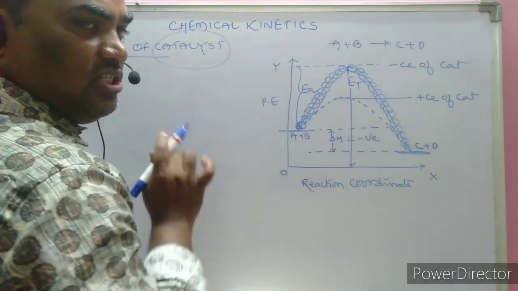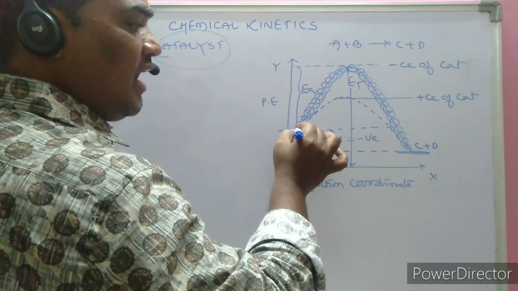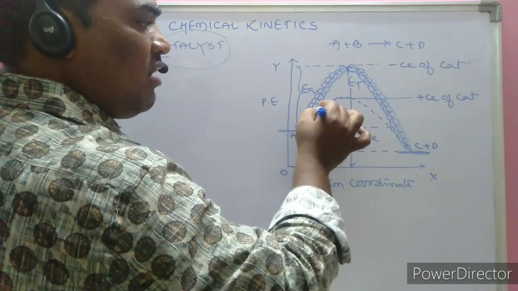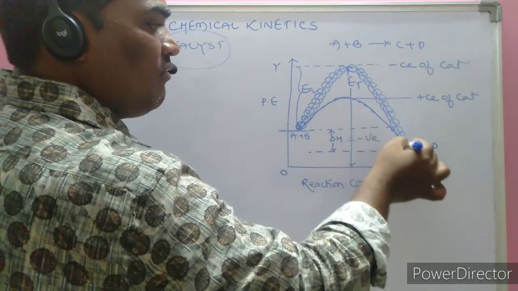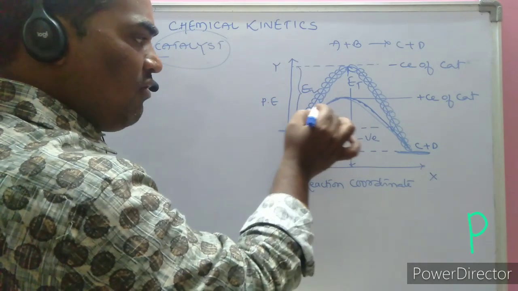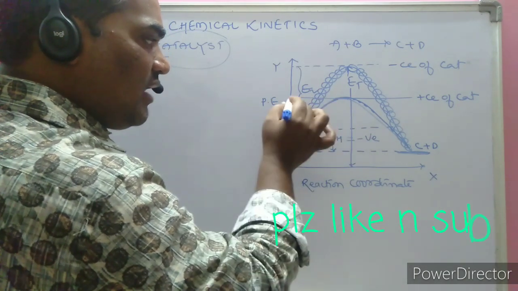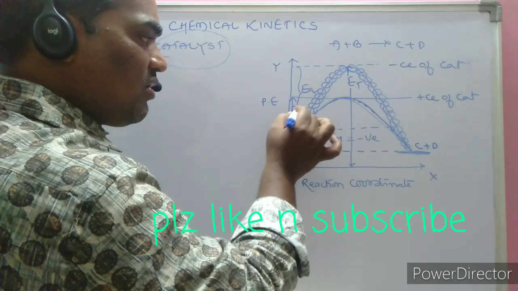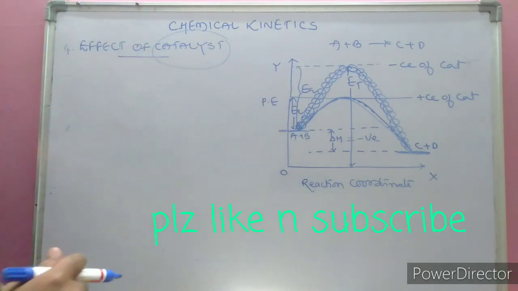But when a catalyst is employed in this reaction, the catalyst can provide an alternative path. Alternative path for the reactant is nothing but simply what will happen? The activation energy of the reactants is decreased or not? Yes, like that. By decreasing the activation energy of a slowly moving reaction, a catalyst can enhance